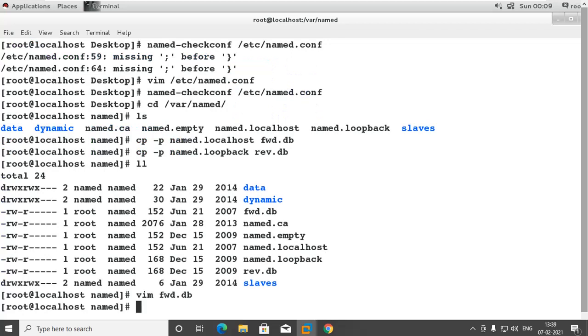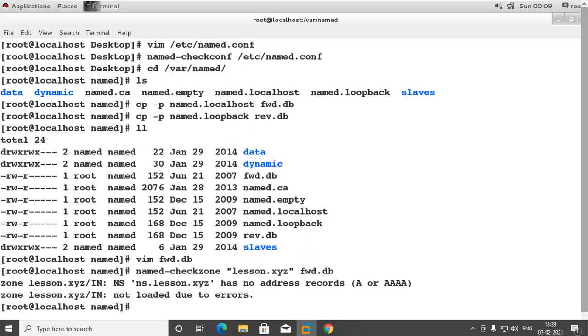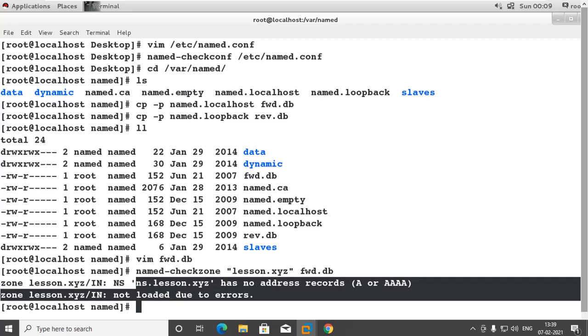I can check this file's configuration by giving this command, named-checkzone, the zone name, that is lesson.xyz, and the name of the file, that is forward.db. You can see there is an error saying ns has no address record. So okay, I made an error over here.